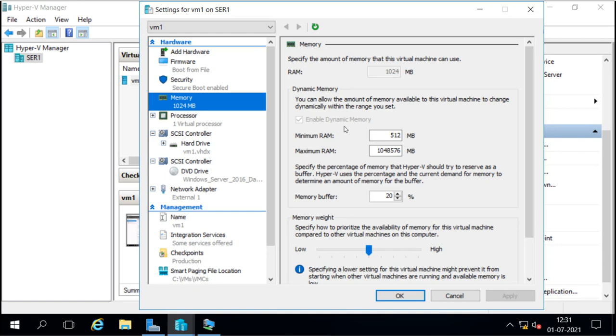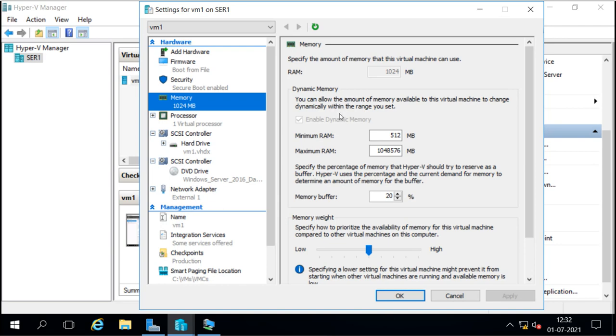The first thing, there are two options, generation 1 or generation 2. Generation 1 is basically to support backward compatibility. That means for the old versions of Hyper-V, and in old versions of Hyper-V there was no option to hot add memory and adapters. So this option is not available if you are using a generation 1 machine. Now to have this feature, we have to have a generation 2 machine.